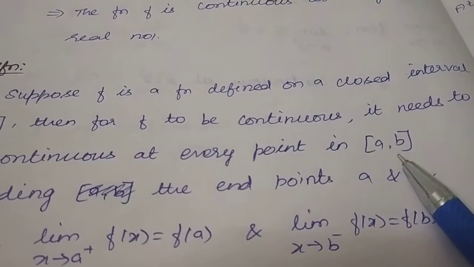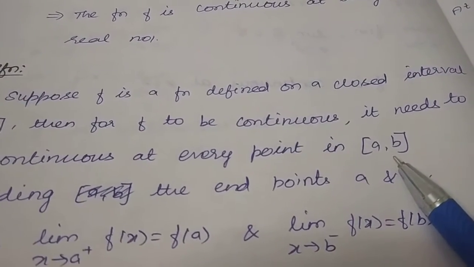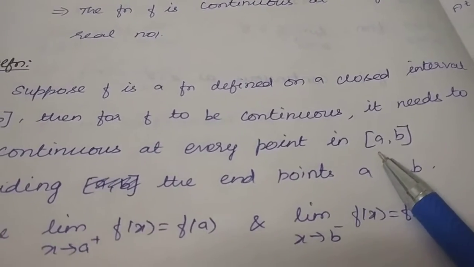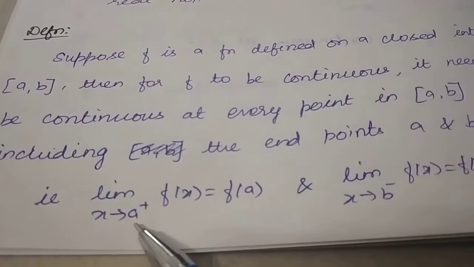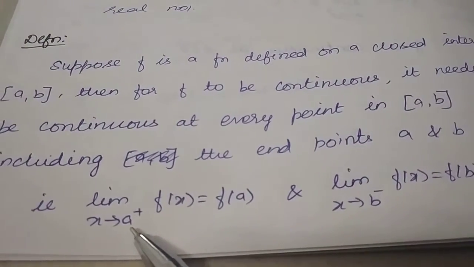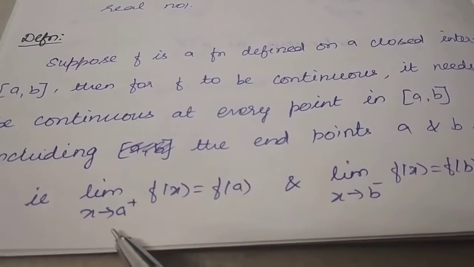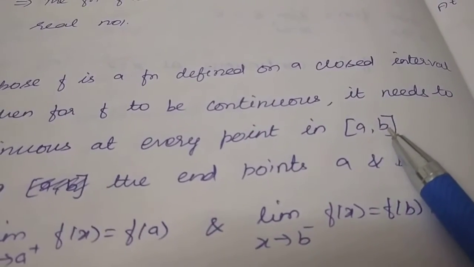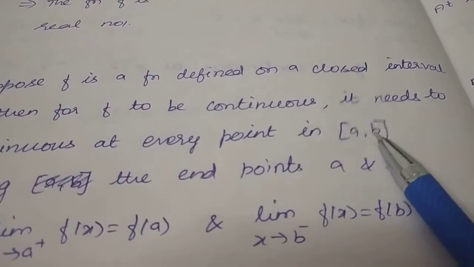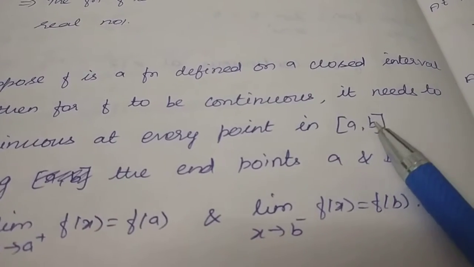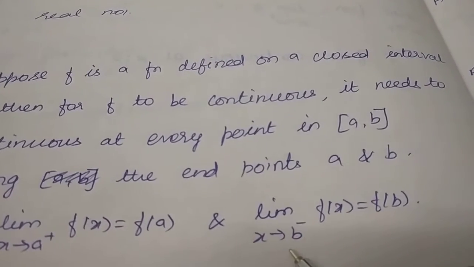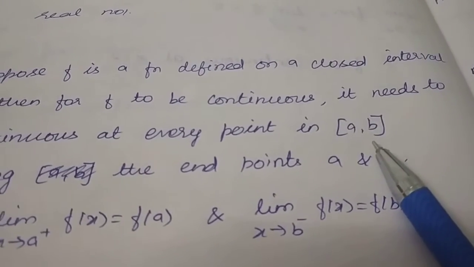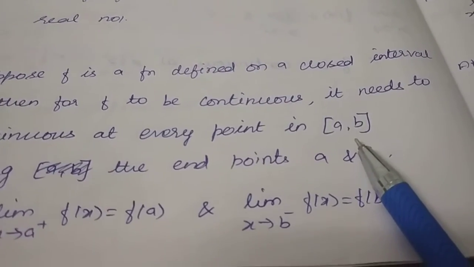Suppose if you are taking an open interval, it means that points a and b are not included in the interval. If a is included, then we can say a plus exists, but a minus does not exist in the interval. So we are considering only a plus. Similarly for b, we can say b is the endpoint and not b plus. So only b minus, x tends to b minus we can take, but x tends to b plus is not included in this interval. Okay, have you got the clear idea?